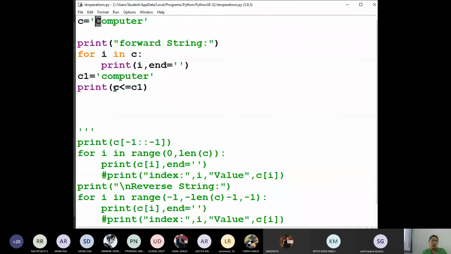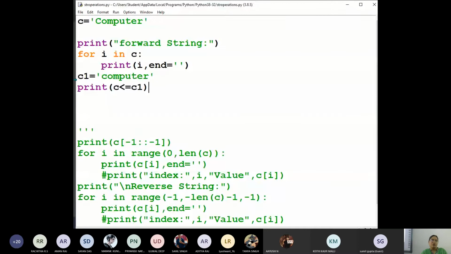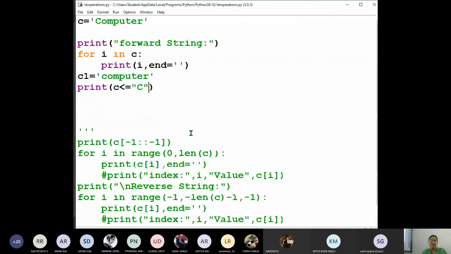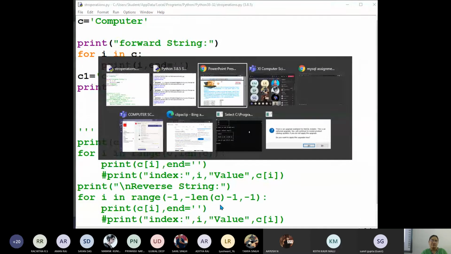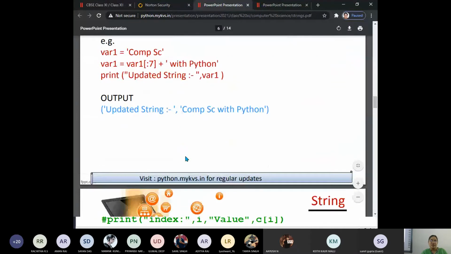So then c less than c1 is correct. It is true. Even if here I have taken both variables, if you want to compare with some other string, that also can be done. Is it clear to everyone, children? Are you all there with me? Yes, ma'am.